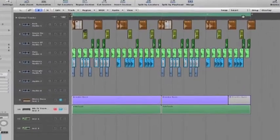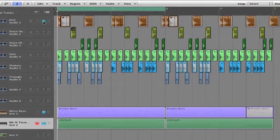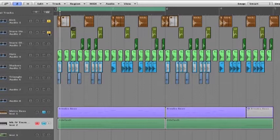This time we'll be talking about syncopation in drum programming and a bit of rhythm tension and release. If we just work with, say, 2 bars using just the bass drum and the snare drum, I'm just going to solo these and we'll have a pretty standard pattern there. It goes